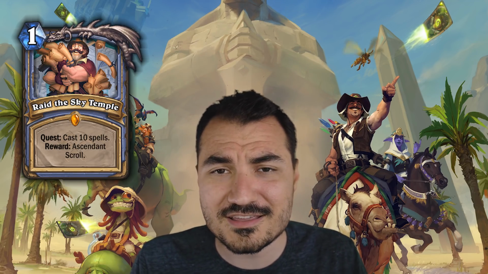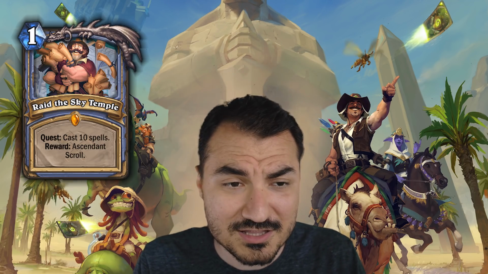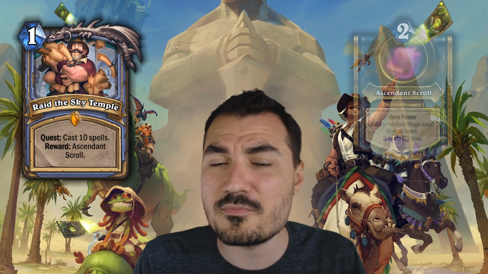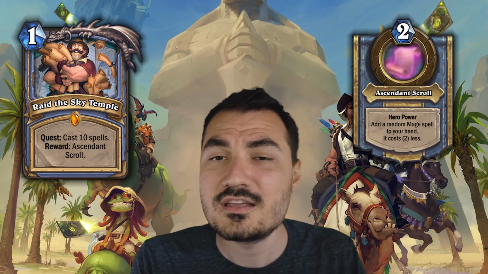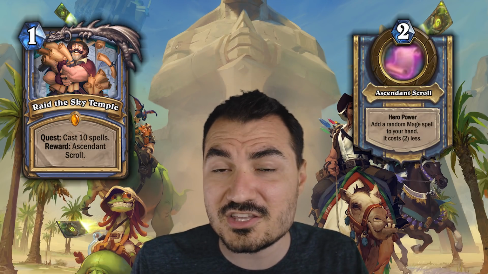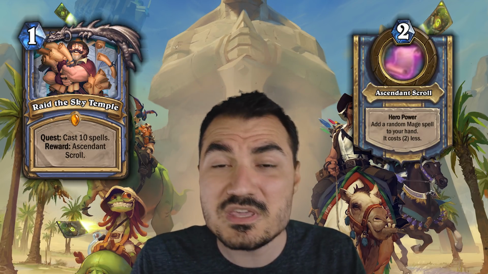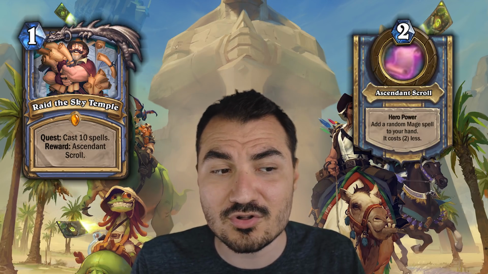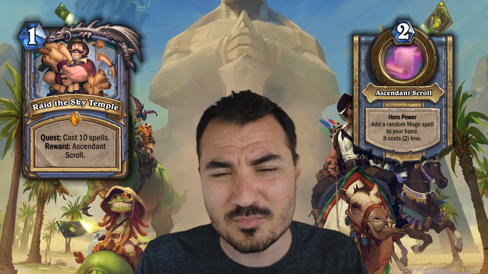If you're playing more of a casino-style mage deck, you're going to be able to complete the quest very quickly. And it is, again, a hero power auto-completion quest. So unlike the original quest that we got a few years back, these quests automatically basically give you the reward. They don't give you a card in your hand you have to play. You just immediately get the Ascendant Scroll hero power,